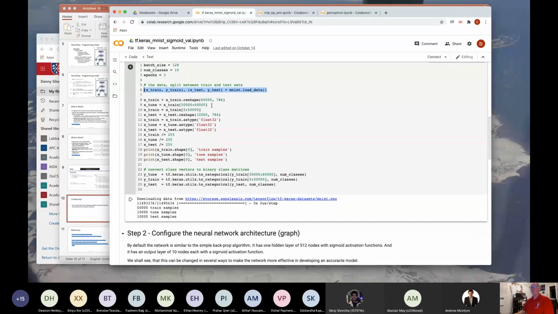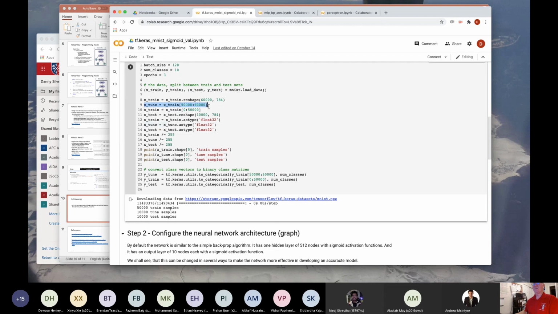Now, the other thing we're doing is we're also creating a tuning set that we can monitor from the data. So our original data has 60,000 in it. Our tuning set is going to have 10,000. Our training set is going to have, I think, 50,000, and then our test set is going to have the other 10,000. That's weird. That adds up to 70,000. What am I doing wrong here?